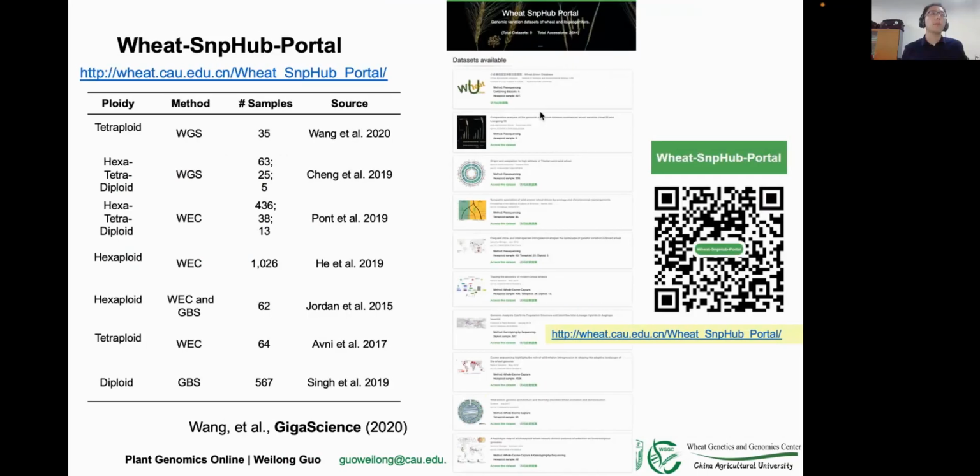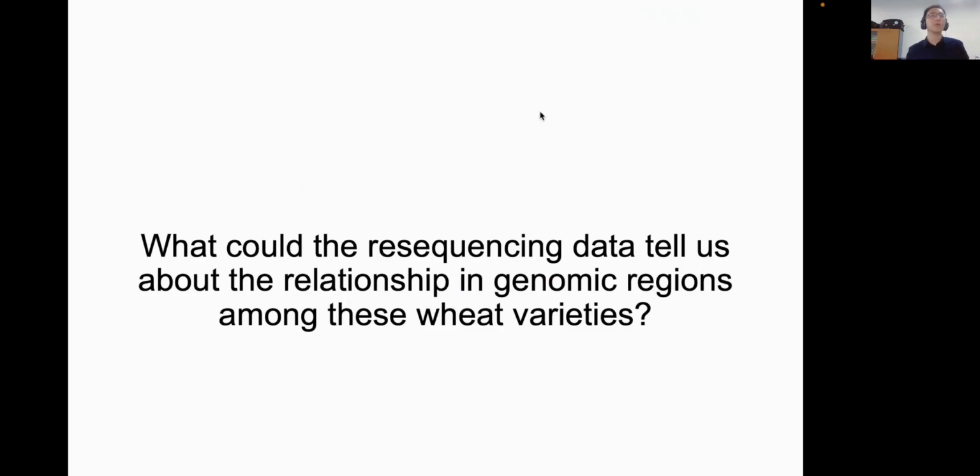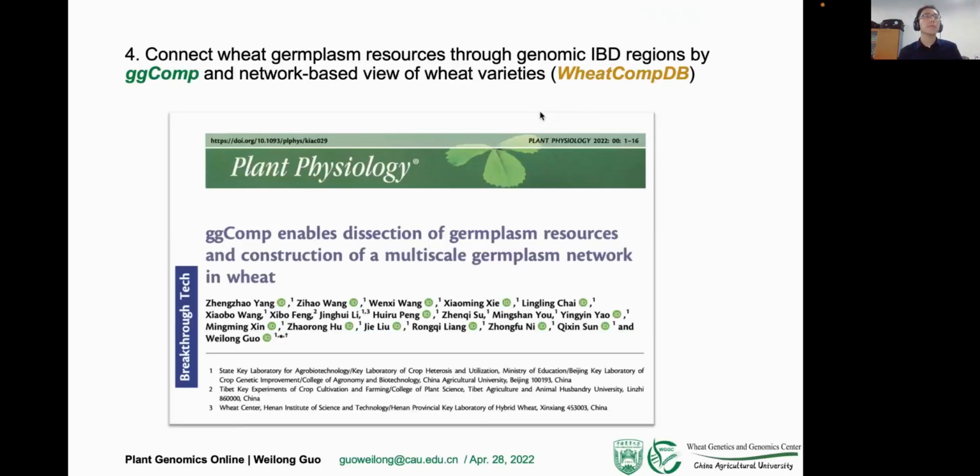A portal for multiple SMB servers was constructed, named SMB Hub portal, which currently covers around 3,000 accessions as a full collection of the published genomic variation data in Triticum. Here comes another question: what could the sequencing data tell us about the relationship in genomic regions that were shared or differed among these wheat varieties? We recently published a paper in Plant Physiology describing a novel method for dissecting the germplasm resource in